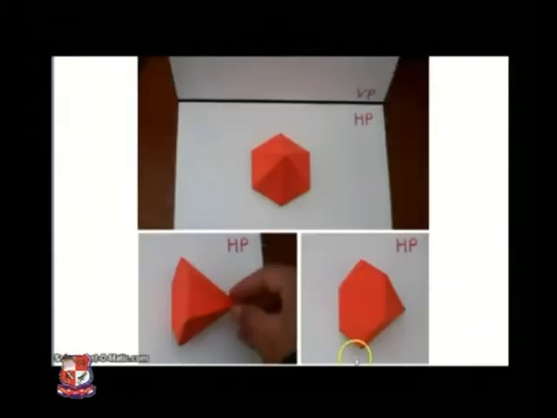For that, let me discuss the hexagonal pyramid. It's like this. This is the top view, this is the side view. In top view it would appear as a hexagon like this. This is another view of the hexagonal pyramid. Here it is given that this is the slant edge, and this slant edge would be visible in top view, and in side view also this base would be visible.